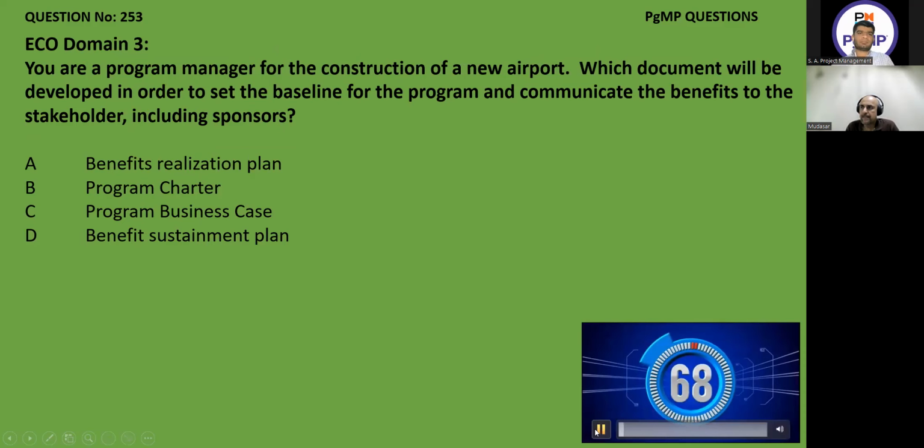You are a program manager for the construction of a new airport. Which document will be developed in order to set the baseline for the program and communicate the benefits to the stakeholders, including sponsors? Which document will be developed in order to set the baseline? Benefit realization plan, program charter, program business case, benefit sustainment plan. No,